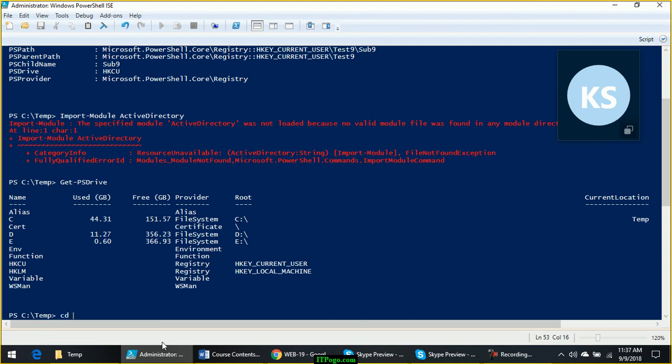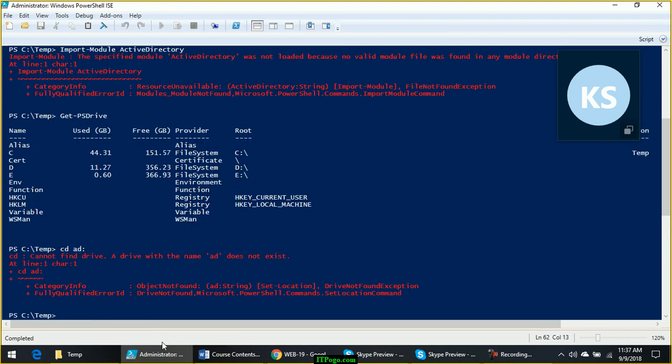Now then you can do cd AD:. Now obviously this will fail for me, but for you it should work. Then in order to get into any folder under Active Directory provider, you can use cd .\, and it will show you what all things you can browse from Active Directory provider. Use .\ to pop up this IntelliSense and try to browse Active Directory. Don't try to change anything. If you have domain admin rights, you might delete or mess up something. Just do it in read-only mode.